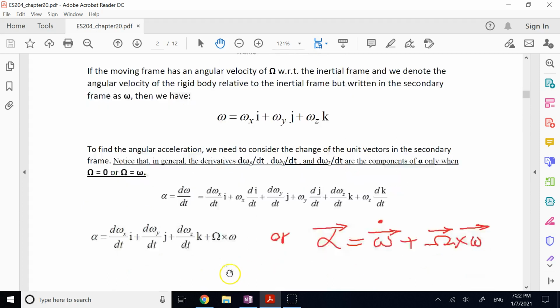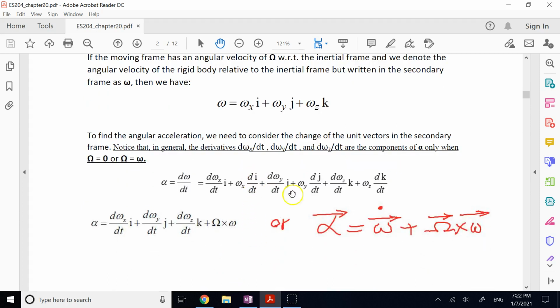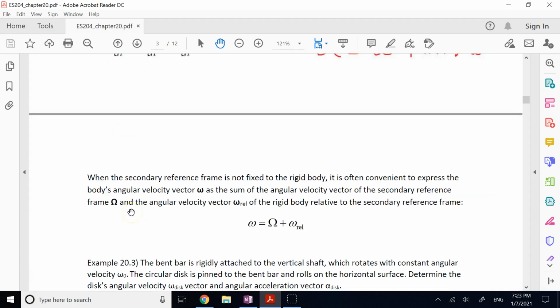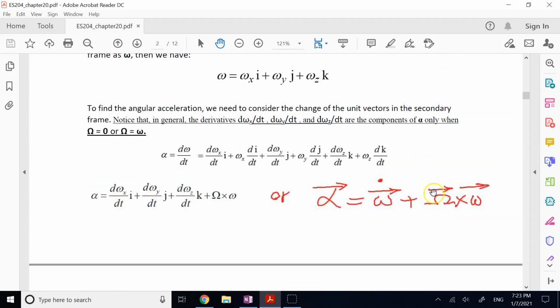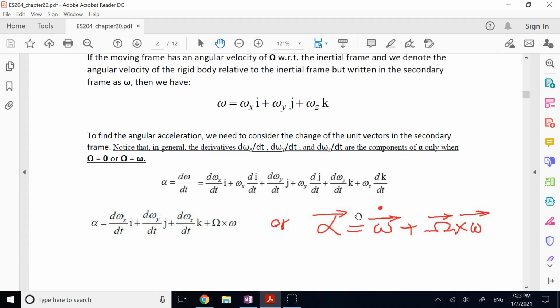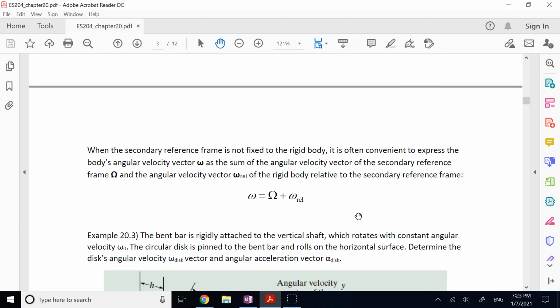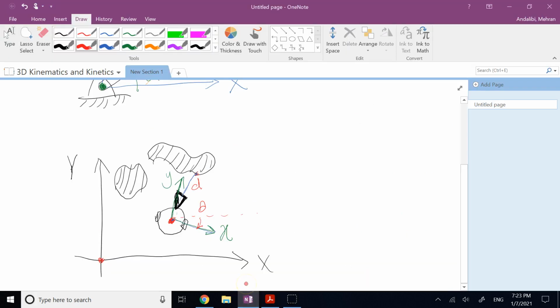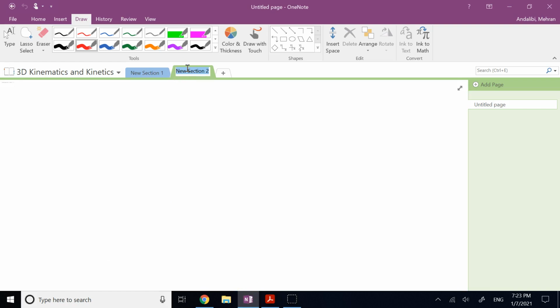So these unit vector derivative terms, if you combine them together, you can write them as omega cross omega. And this is the term due to change in magnitude of these, okay? So this comes to what we have seen in the past, and the theorem that I mentioned, and I mention it one more time for your reference here. If you remember, I mentioned this important theorem that